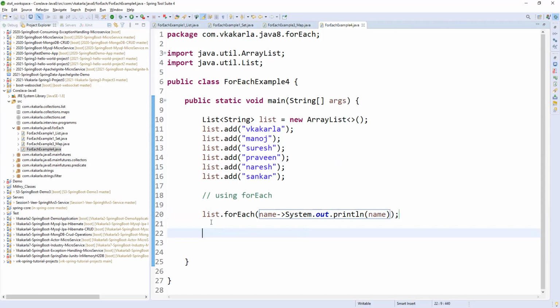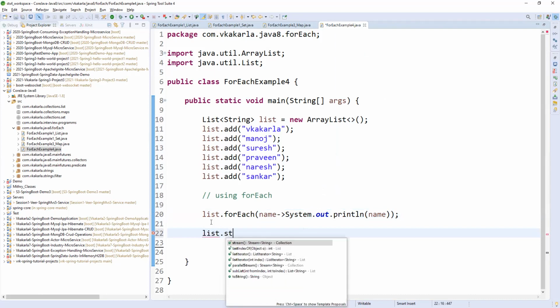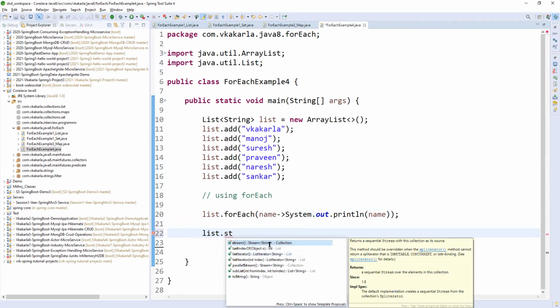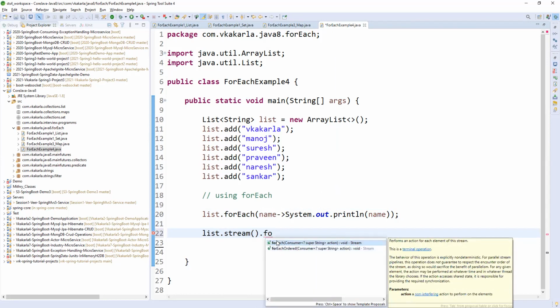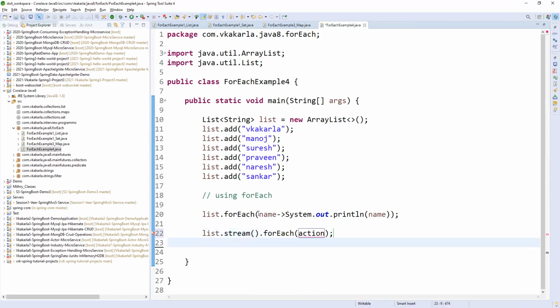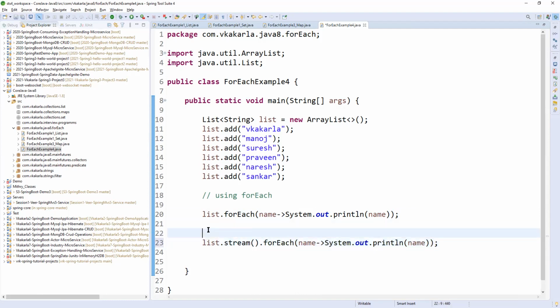So let me convert this into a stream. List dot stream dot for each. It will come like this. So you can provide the same for each on stream data.